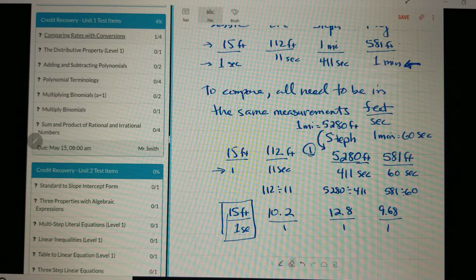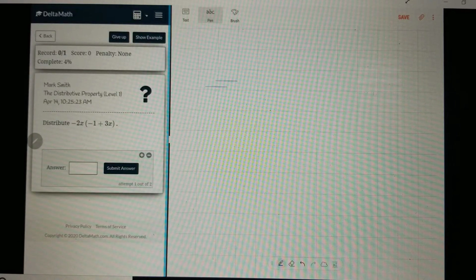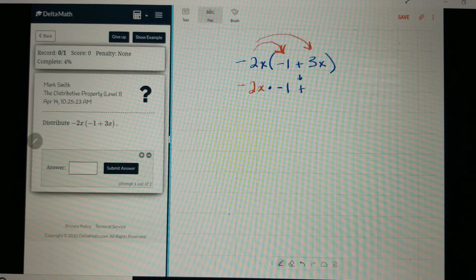Now we're going to clear this off and do the distributive property. All right, distributive property is pretty simple. We just need to multiply and watch our signs. All right, so what we're going to do is multiply this negative 2x times negative 1. And then we're also going to multiply it times 3x. All right, so we're going to have negative 2x times negative 1. Then this plus sign comes down, plus negative 2x